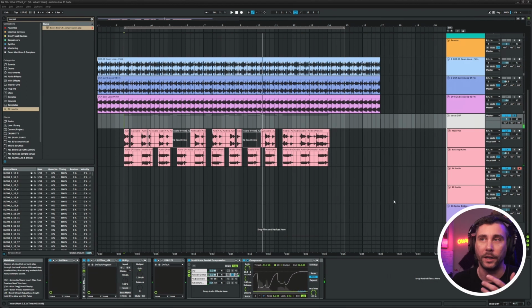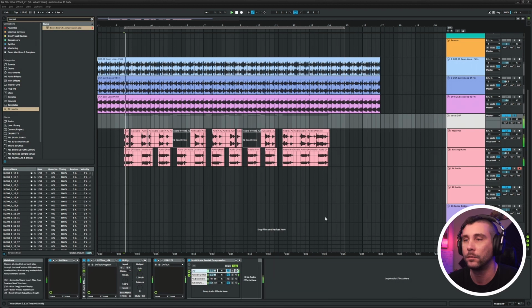So you can hear it's really pumping. Every time the vocal kicks in, it really pushes down on it, creates this kind of squished sound. And when you layer it back in with the dry,